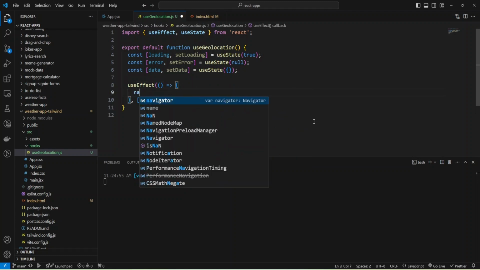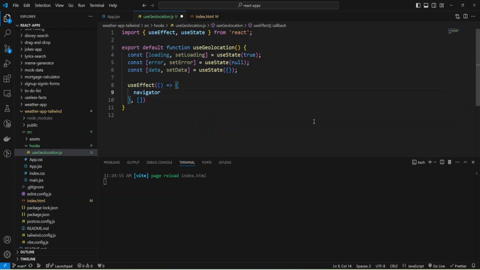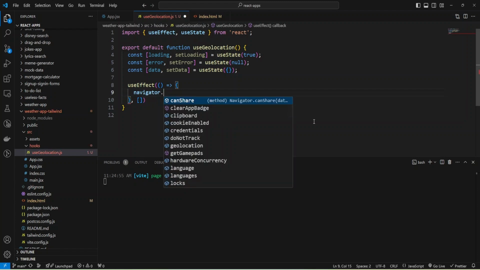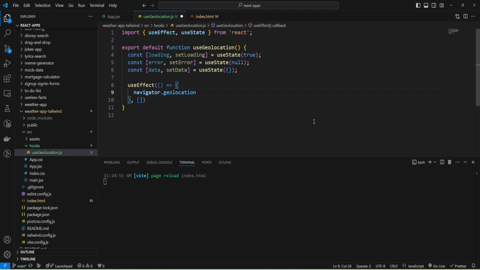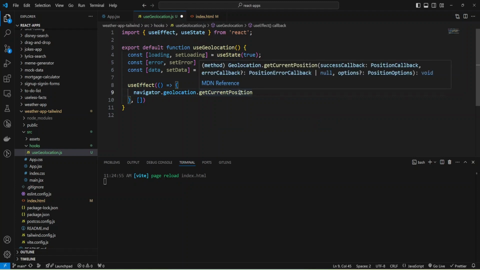I'm going to use the Navigator global JavaScript object, and inside this object we have another object, geolocation, and in geolocation we have the function getCurrentPosition, and it will allow us to retrieve the coordinates. As you can see, we need to provide a success callback and an error callback. We can provide some options, but I will not work with options here.